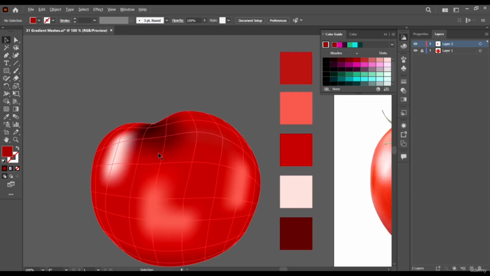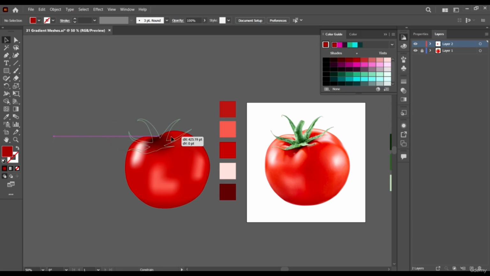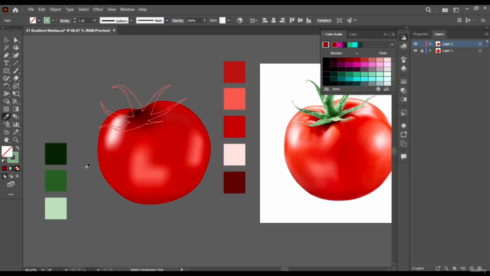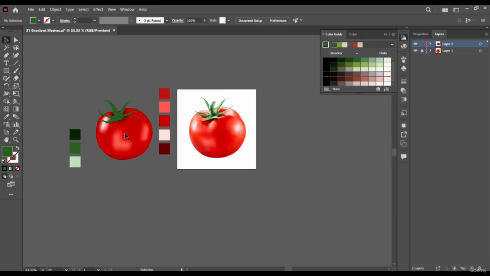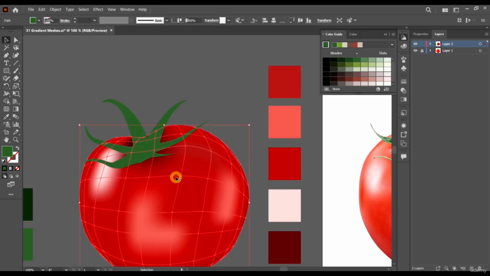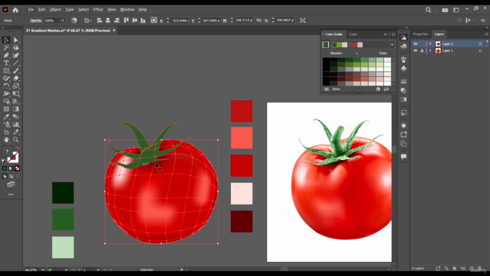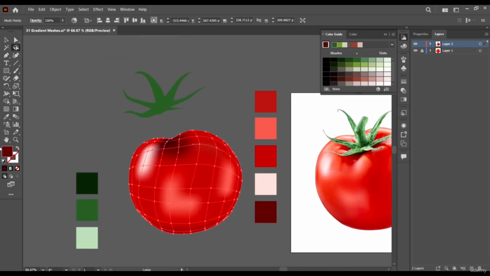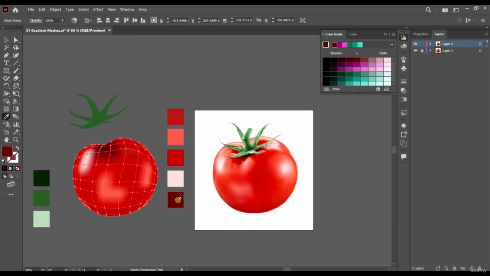So I think I'm just going to add my cap here, that's this one. Okay, and I'm going to bring my colors to this point, and then maybe sample this guy here. Okay, and right away I think our shape needs more dark points at this place. So select your tool, come here, and give it this. Okay, we already have them colored that way.